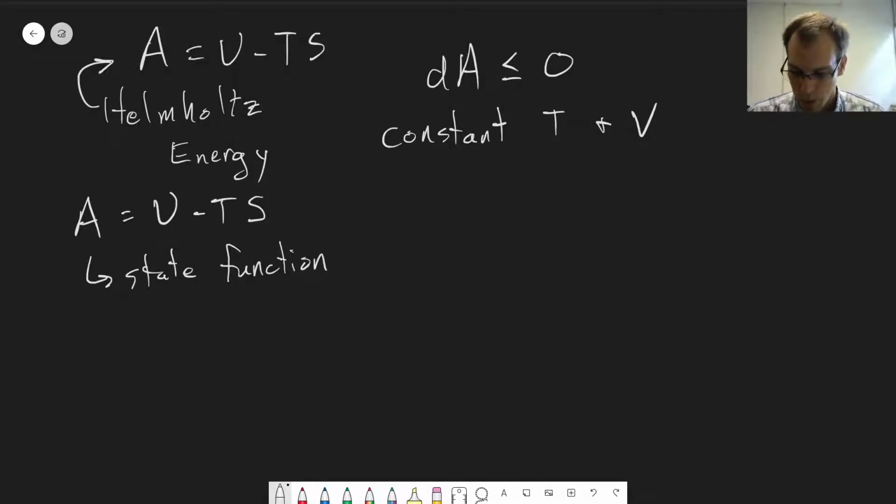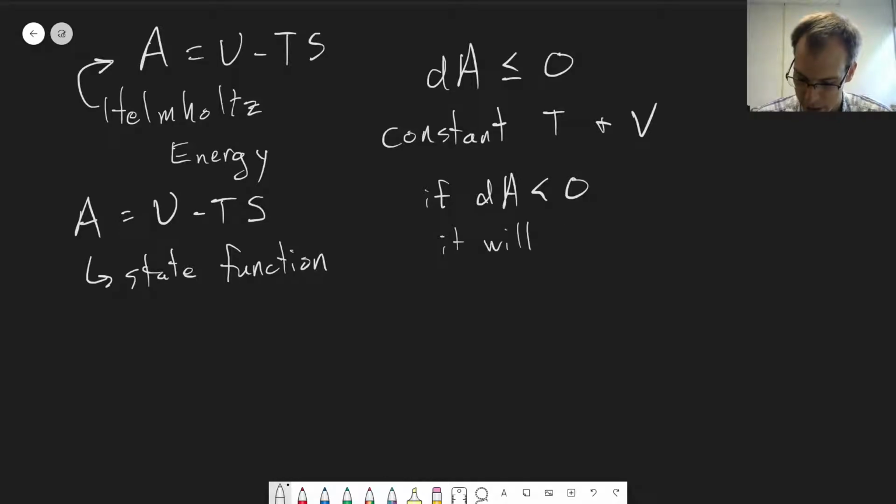Okay, and then what else do we learn from this? If we're at constant temperature and volume, if dA is less than 0 for a particular process, we know that it will be favored. It will be spontaneous. And this is true even if we're not considering an isolated system. So for the second law, dS had to be greater than 0. Entropy has to increase for a spontaneous process, and that's true. Basically, we've taken the second law, and now instead of having to look at both the system and the surroundings and calculating different things like that, this lets us look at